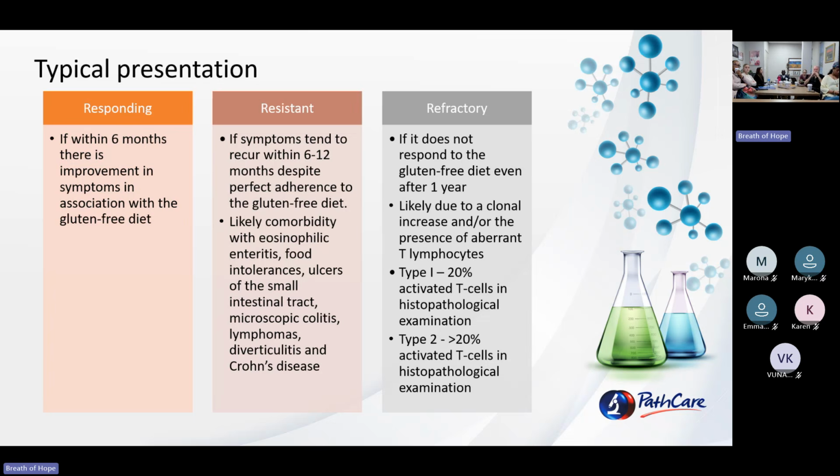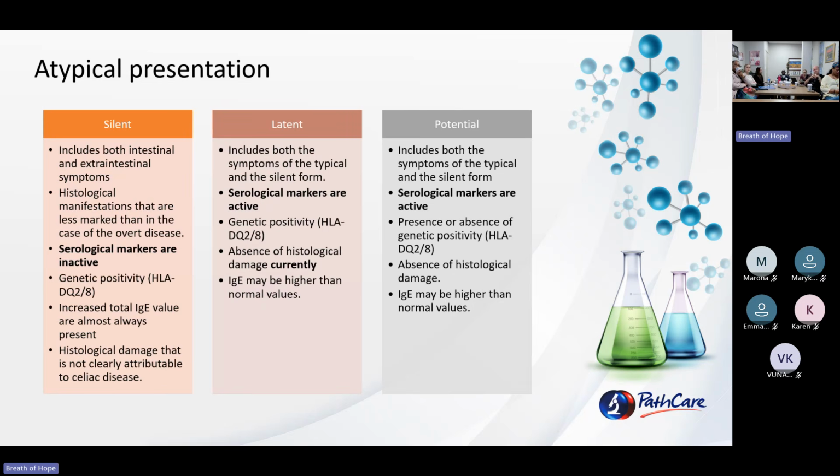comorbidities. And then in patients labeled as refractory, the patient does not respond to the gluten-free diet even after 1 year, and it's likely due to a clonal increase or the presence of aberrant T lymphocytes. And refractory celiac disease is also further split into type 1 and type 2, and that depends on the histopathological examination of your duodenal biopsy, the percentage of activated T cells that are found. In your atypical presentation,